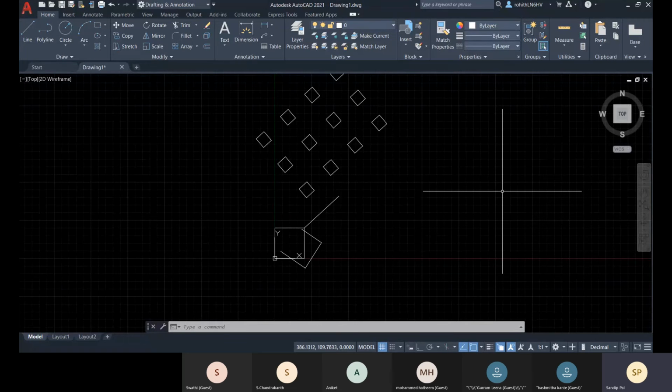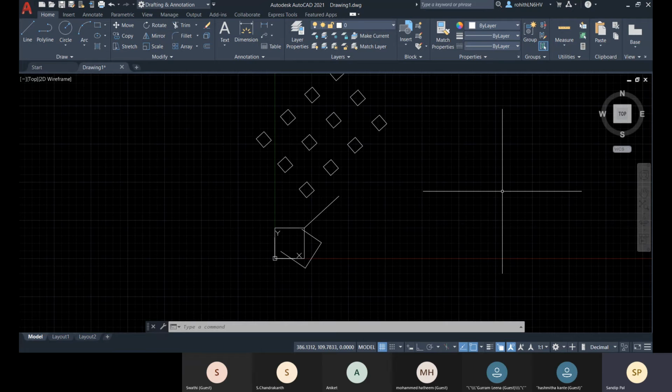And about all the values, we have Cartesian coordinate, and we also have polar coordinate, and within our Cartesian, we can also use absolute and relative.